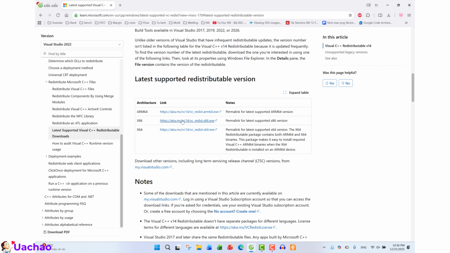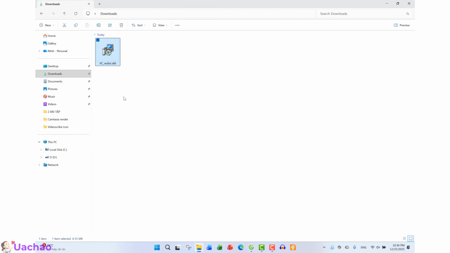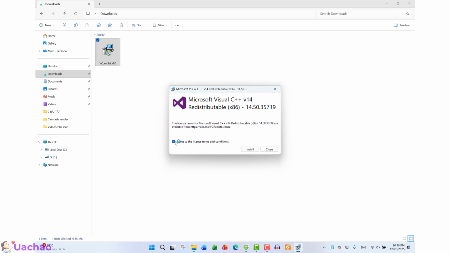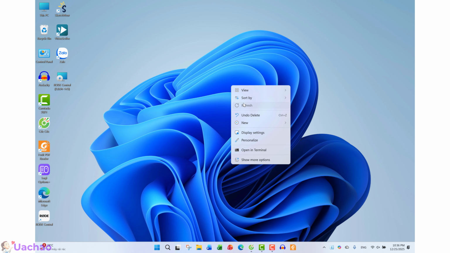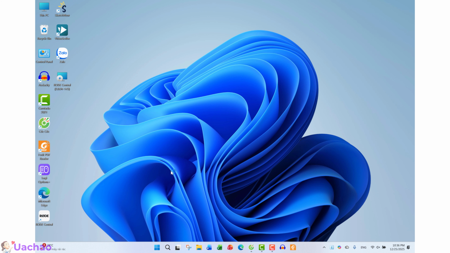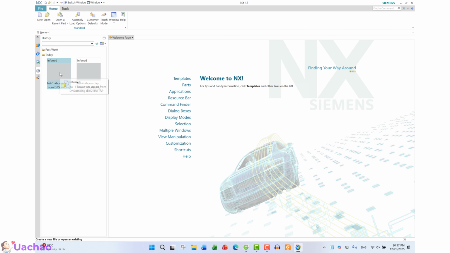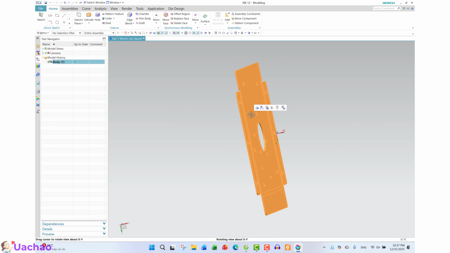Choose x86 or x64 or ARM64 depending on your laptop. With my laptop, I select x86. After installation, open NX12 again. Well, the error is gone.